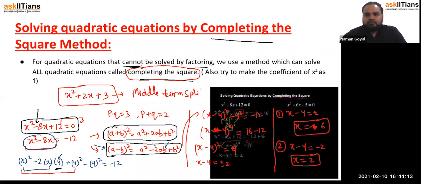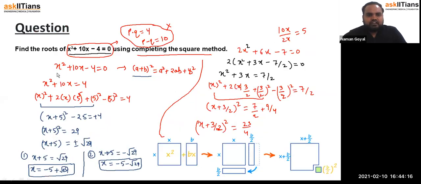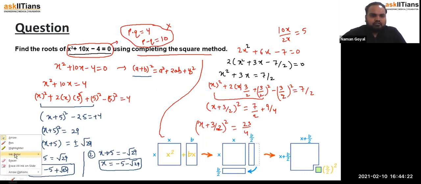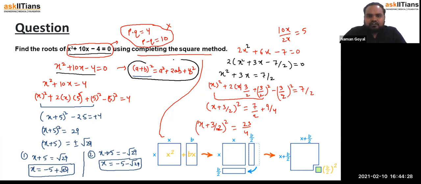In this question the sign is negative, so that's why we use a minus b whole square. After that we do some questions also, like this. In this question plus is the sign, then we use a plus b whole square, a square plus 2ab plus b square. Now after that I told you, if the coefficient of x square is not 1 in the question, then you have to make it 1. If you make it 1, then it becomes easier to solve. As you see in this question, we make the coefficient of x square as 1 by taking 2 common. Are you getting my point?